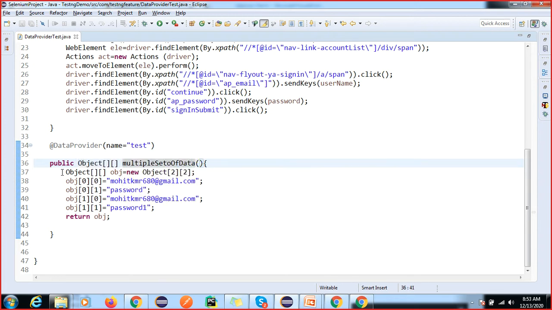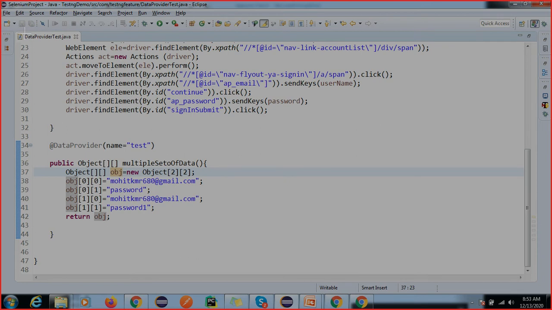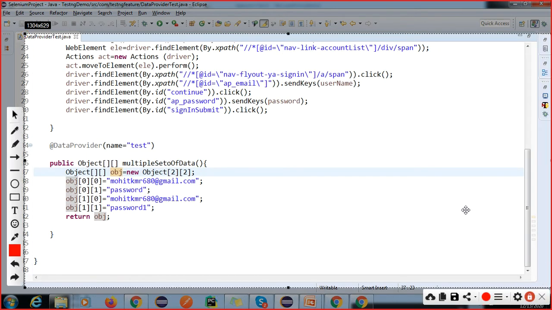Now we have created the object, right? If you remember, in Java, I told you, if you know Java, you can play with Selenium. How is this going to store the data here? So this is your Object class and 2D array, right? So this object will be created here.